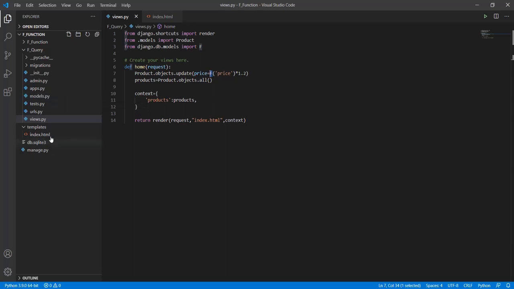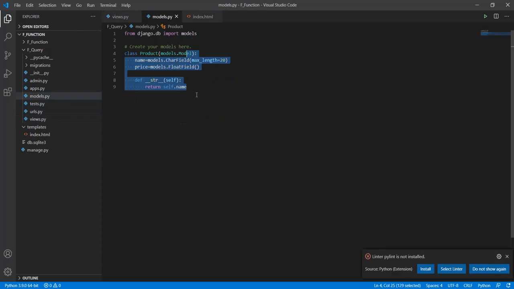In this Django app, I have created this app called fQuery. Here I have a model called product in which I have the following fields: name and price. Now let's suppose a situation in which there is a surge, like the application of a new GST bill, and I need to update all the products' prices. In that situation, I can either do what we discussed earlier or use this F function.